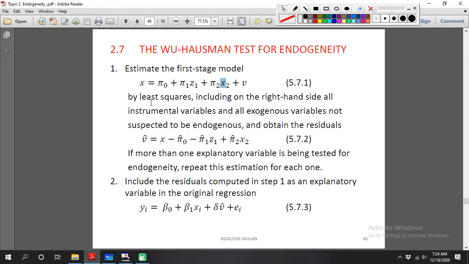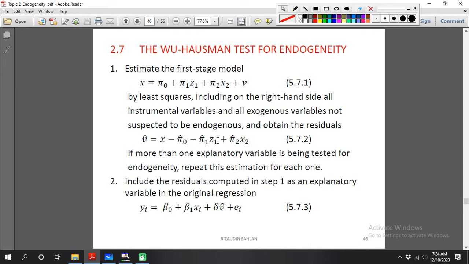After you regress, we need to get the residual, not the fitted value. We want the residual from this model.